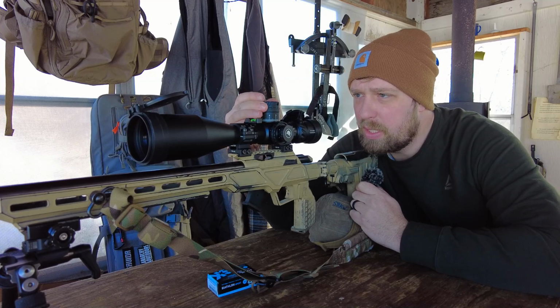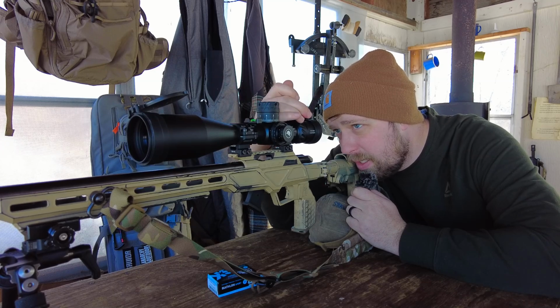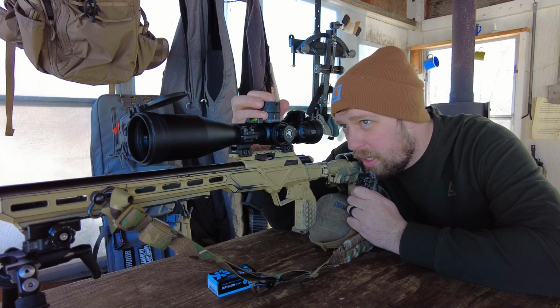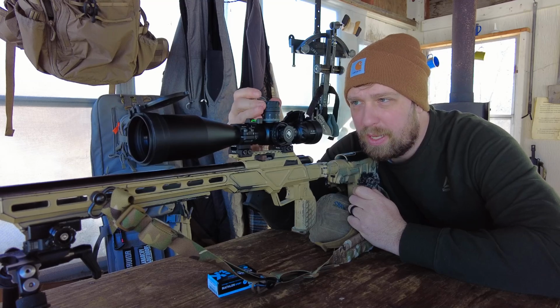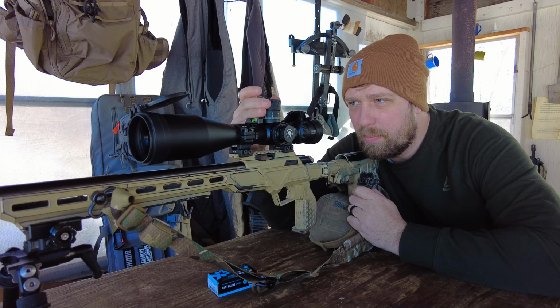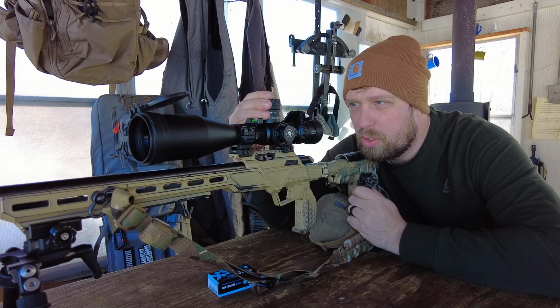Pretty solid zero stop. Image is not very distorted, actually. For an HD image, I don't see a lot of chromatic aberration. I've been pretty happy with this compared to some other HD scopes that I've run. And even when I run this out at distance, the degradation of the image as you get really, really far out there, like I have 27 mils in here. So with dialing, here's the 20, and I probably won't push it to the 27, but I can get up to 27. I'd probably go to 26